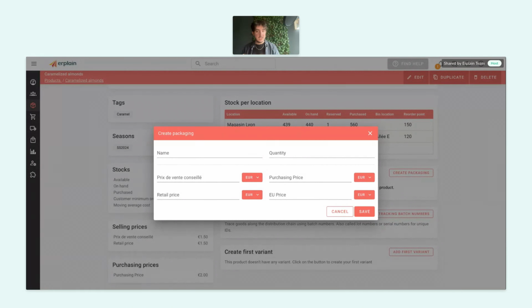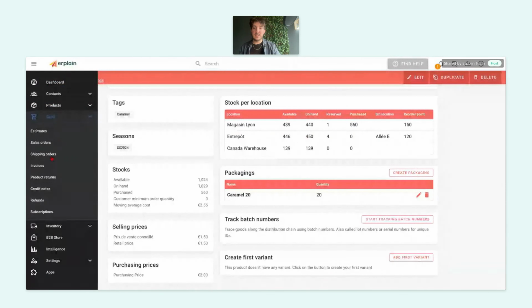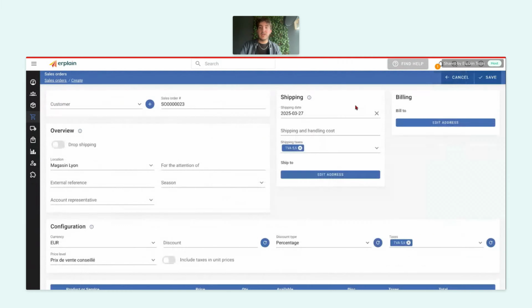You're buying a pack of 100 units and you want to sell them in packs of 20. You can create a packaging that allows you to do that, meaning that when you go to create a sales order or an estimate or an invoice, you don't have to type out every time that you are selling 20 units. You can automate that by creating, we'll just call it caramel 20, make it as simple as possible, and we're making a packaging of 20 units. And you can sell it at whichever price you want. You can set up the prices that you feel are relevant to what you do, and you have a packaging like this, meaning that if I go to create a sales order, for instance, I will be able to see that in